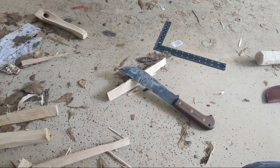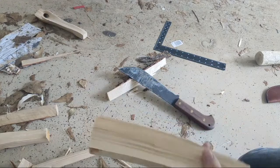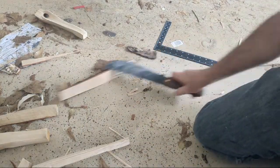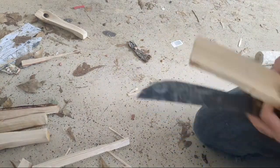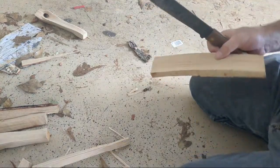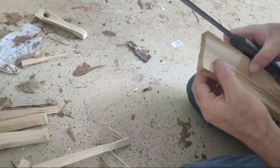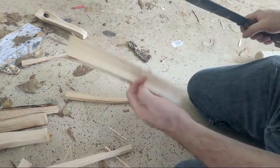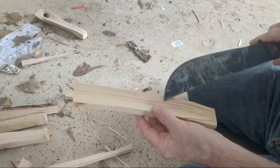Okay, looks not that bad. All right, now I've got almost like an old shingle look to it. I'm going to see how it is possibly used in a carving format. So if I was going to make a spoon out of this, or this was a spoon blank, and let's say I wanted that to be the spoon area, the spoon bowl,